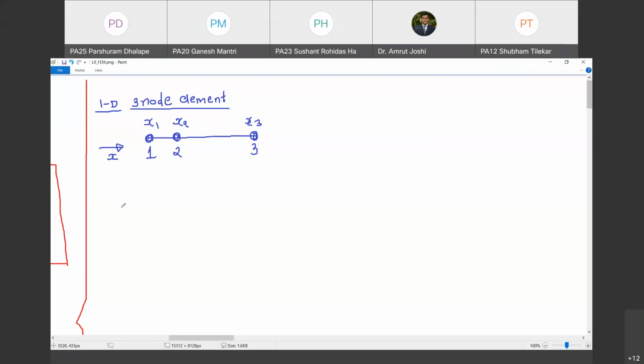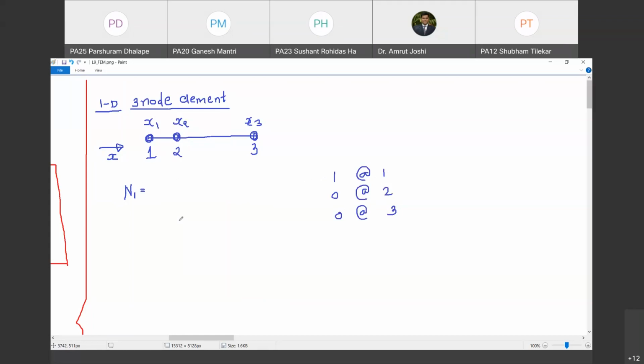Okay. And now naturally I am going to have three shape functions. So what is the condition on n1? अब थोड़ा सा हम ये दिमाग में सोचना चालू करने वाले हैं. ये सेकंड एग्जांपल है इसलिए मैं लिखता हूँ. What is the condition on n1? It should be 1 at 1. It should be 0 at all other nodes. So it should be 0 at 2 and it should be 0 at 3. Do you agree with me? This is the condition that n1 has to satisfy. Happy? Type your response in chat box.